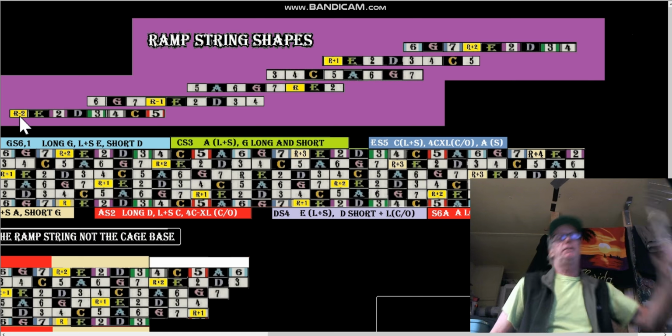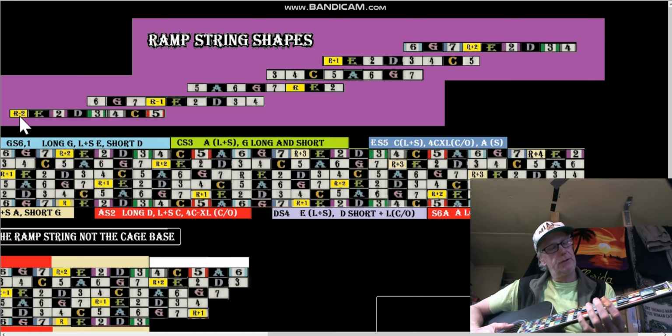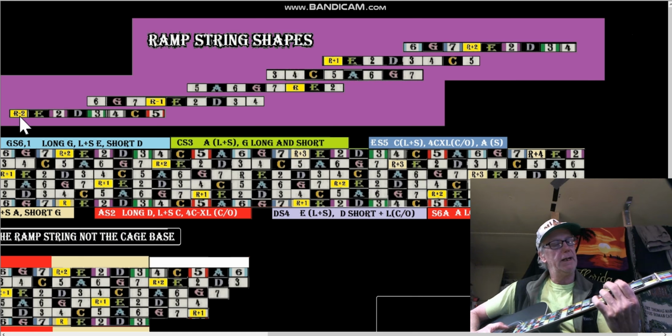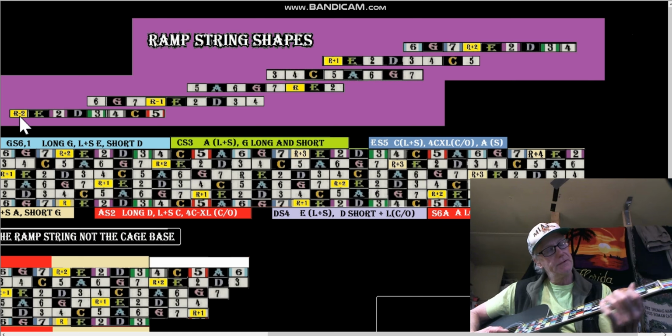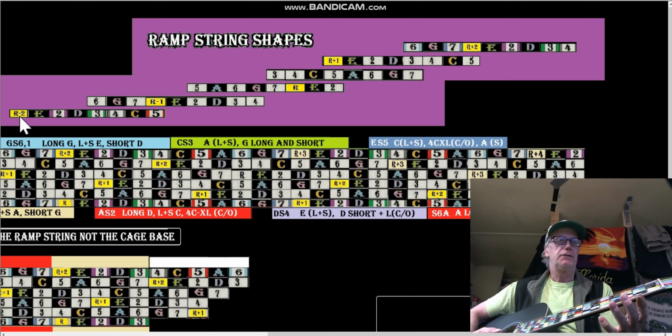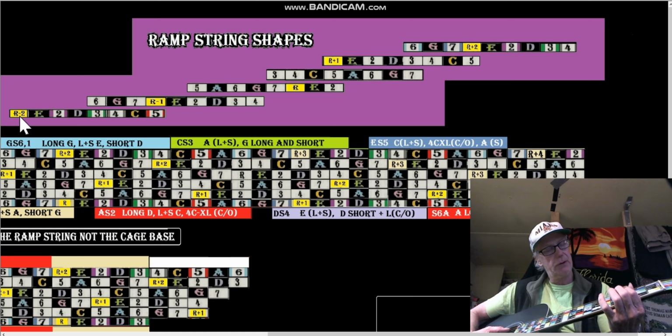So now, instead of just having the short string shapes, like in the A box would be A string shape to E to C to G string shape to D string shape and A string shape, instead of having those, we'll be doing the long patterns. Okay, so we'd be doing the A extra long, and then the C extra long, then the E extra long, root 2, 3, then the C extra long, like that. So we've got those 3 extra longs there